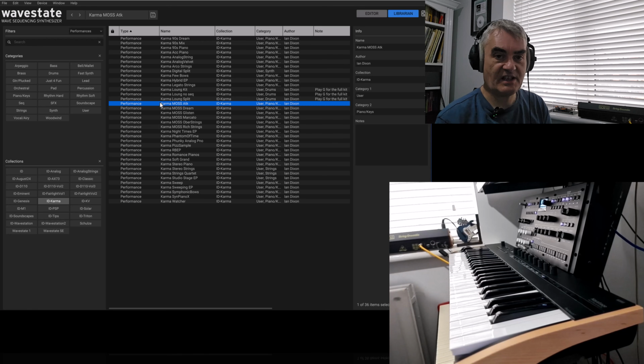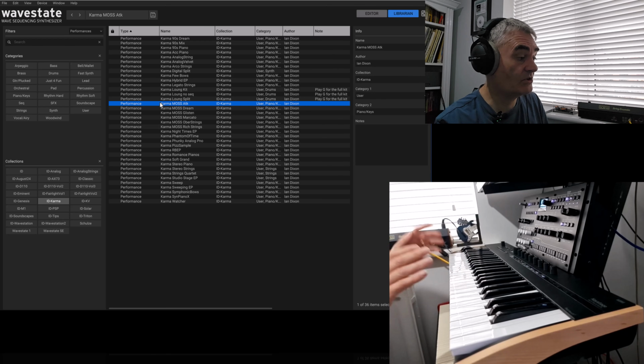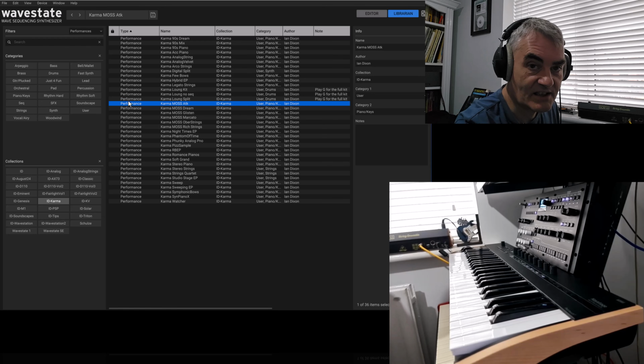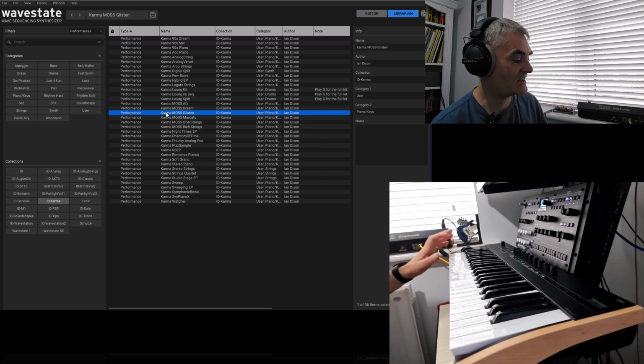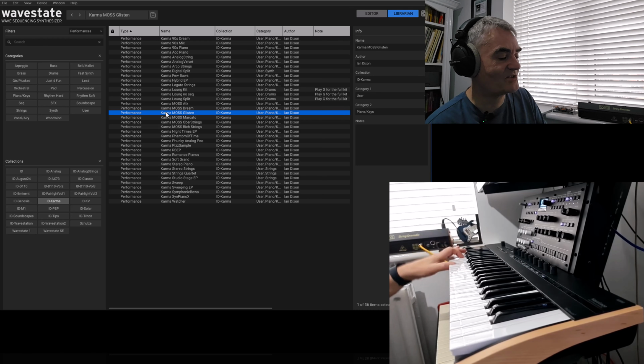The MOSS board is a plug-in board that you put in, and it uses physical modeling, but it does analog synthesis modeling as well. So it's one of the early types of physical modeling and analog modeling technologies, and it produces some good sound. This Attack one was based on the Glisten one, which I show up in the Attack. So the Glisten one has this great